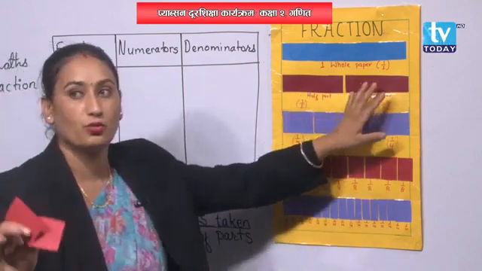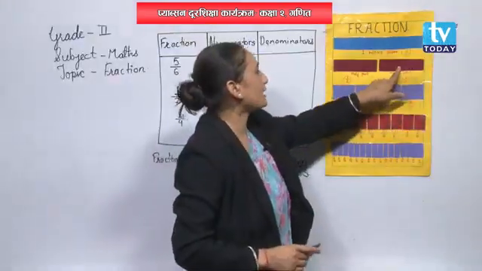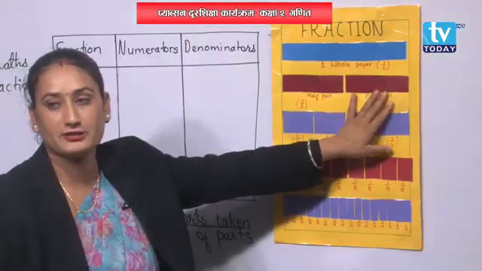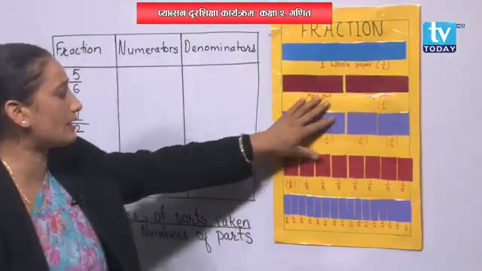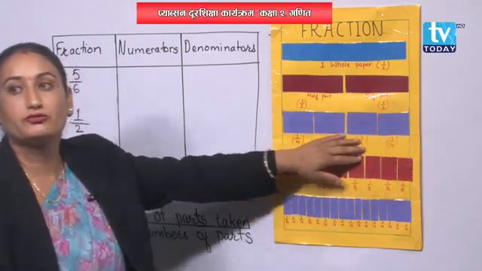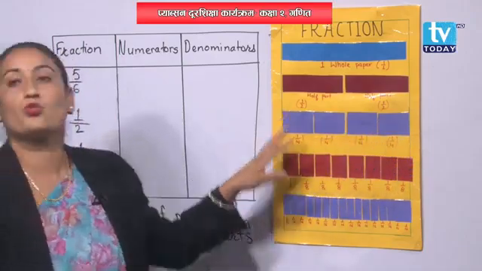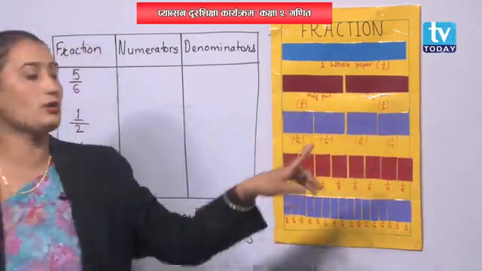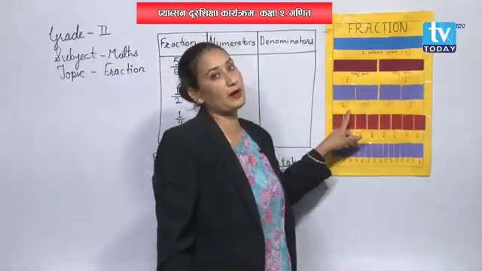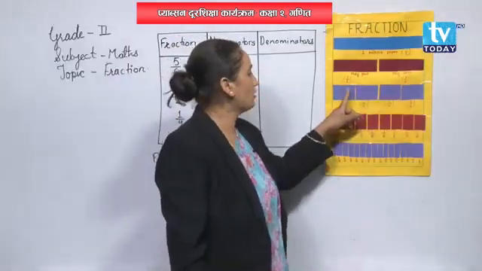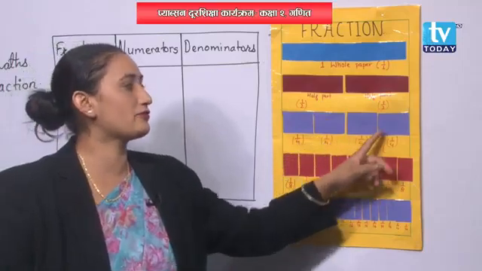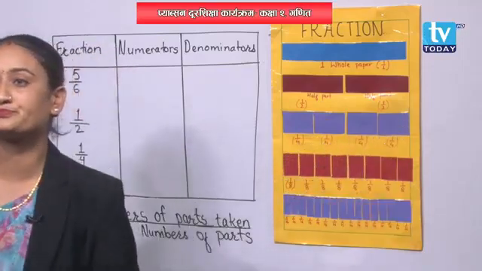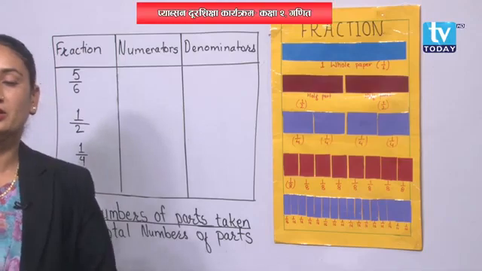1 by 2 is divided into another 2, it became how much? See here. Wait, okay, I will say the correct answer. And this one, another half is also over there. So, if I cut all that paper into 4 parts, then it will be 1 by 4. One whole paper is divided into 4 parts. Do you understand? 1 by 4, 1 by 4, 1 by 4, 1 by 4. Are you getting me? Of course.